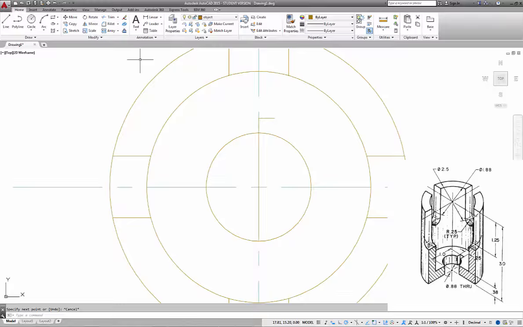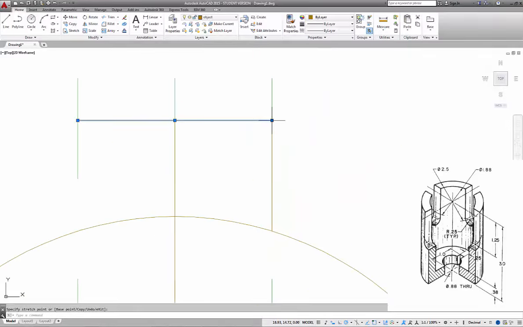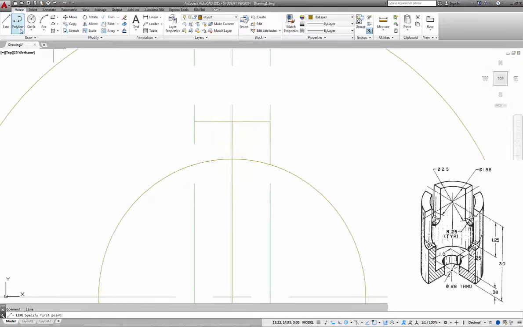The width of the keyway is 0.25, so we can offset the center line 0.125, or half that overall width, 0.125, and we'll offset the keyway that width. We'll draw an intersection from here to that intersection, but I need to go ahead and grip this, extend it to make sure it's perpendicular, and make sure that I select the intersection. It was a little bit of an overhang there. We'll go ahead and pick the line command and draw another line, and then delete the offset